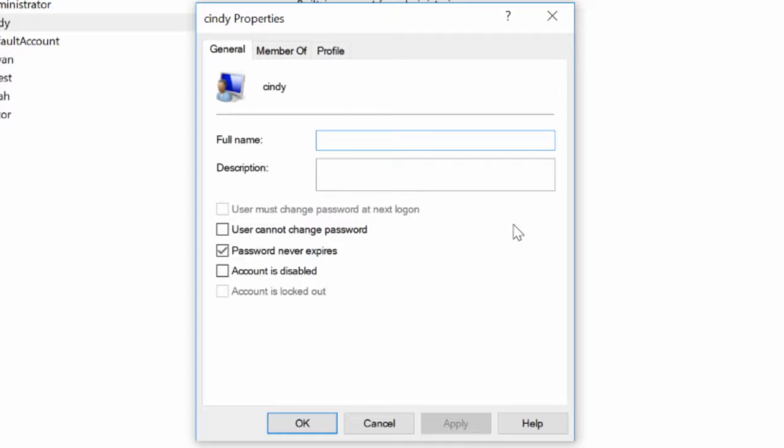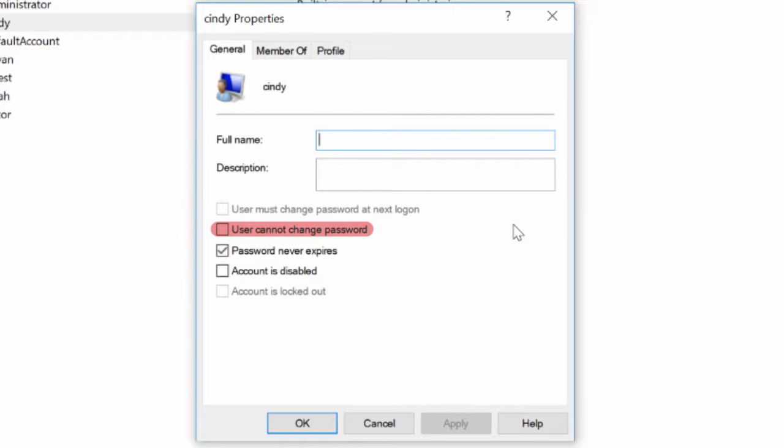Okay, let's do a rundown here. Under the tab General, we can see some basic information about the user along with some options. User must change password at next logon. Since I'm an admin, I can force other users to change their password. This is useful if I'm managing someone's account and their password was compromised. We don't want to risk someone else logging into their account, so we force them to change their password.